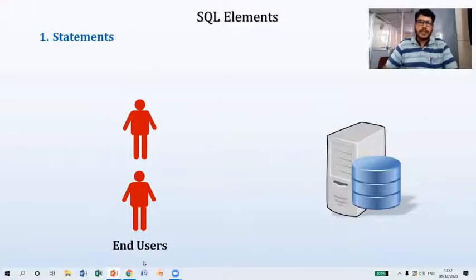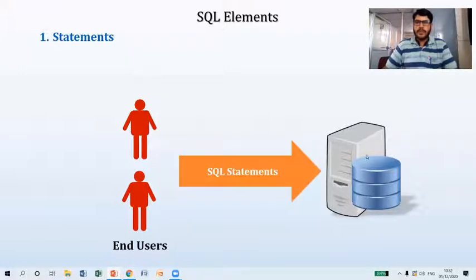Assume that these are the end users who want to interact with RDBMS software. To interact with this RDBMS software, they will use SQL statements. They are going to write some statements, using certain sentences. Those sentences are known as statements, instructions.